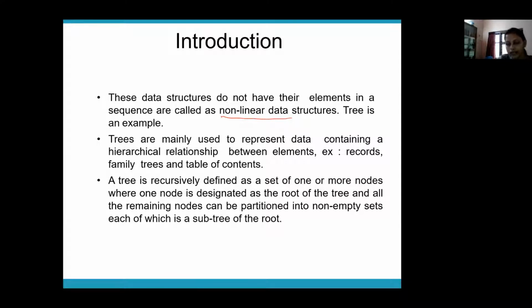Whatever we discussed till now, stacks, queues, and linked lists are examples of linear data structures. Now this is the first non-linear data structure that you are studying. So tree is a non-linear data structure, and tree is mainly used for representing hierarchical relationships, right? Like your parent, grandparent, parent, child. So wherever you have hierarchical relationships, like family trees or table of contents, you can represent them. See, if you have a table of contents, you will have the heading, subheading, right? Wherever you have a hierarchical structure and you want to represent it, you can use this data structure, which is called trees.